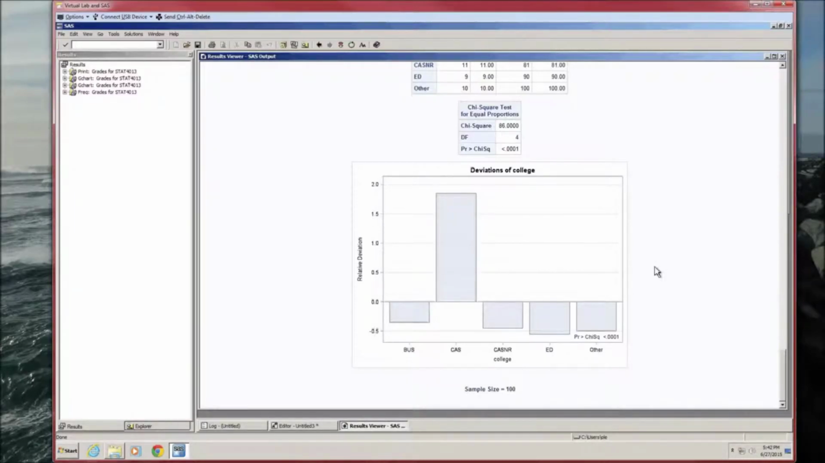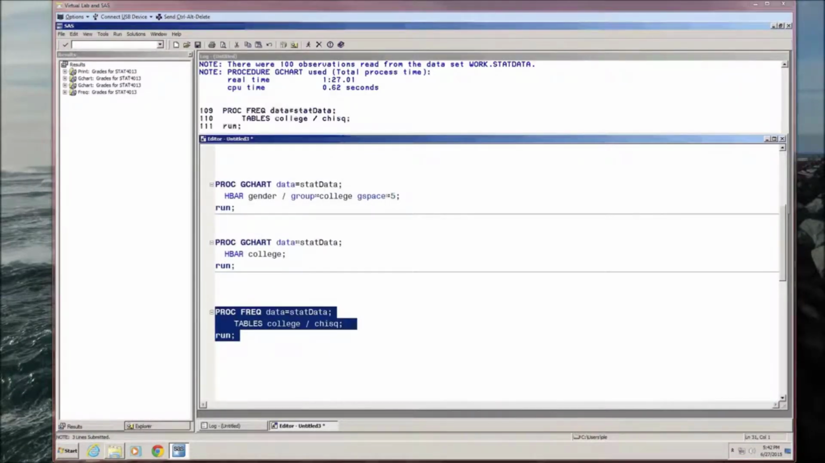This graph shows the deviations from equal probabilities. Arts and sciences, very, very large deviation, positive. That is, they have many, many more students than they would if the null hypothesis were true. And the other 4 colleges have fewer than if the null hypothesis were true. But because p is less than alpha, we reject the null hypothesis and conclude that the colleges do not have students in equal proportions. It doesn't surprise us. Arts and sciences tends to have 6 times the students of any other college